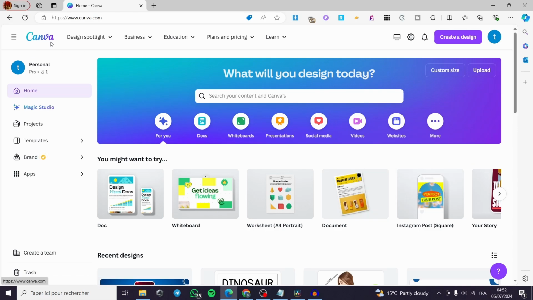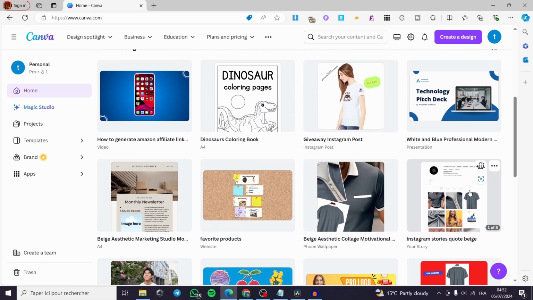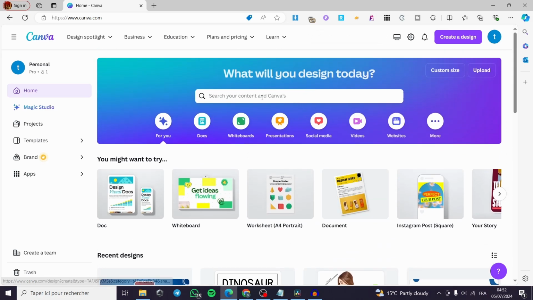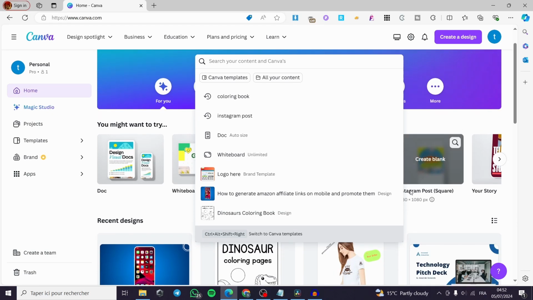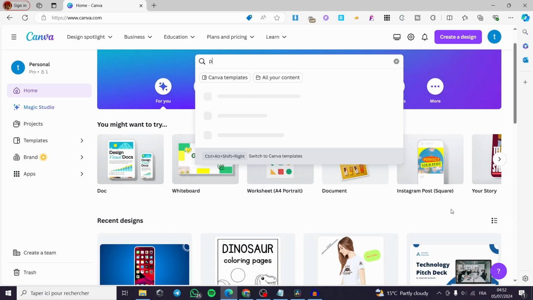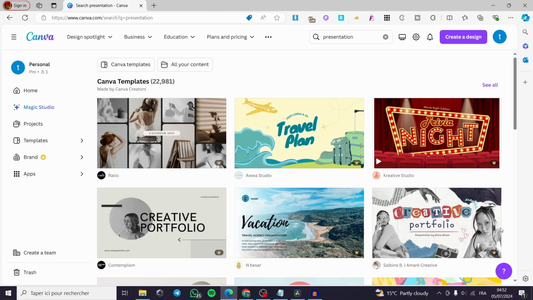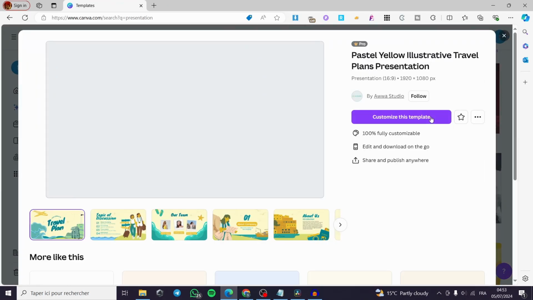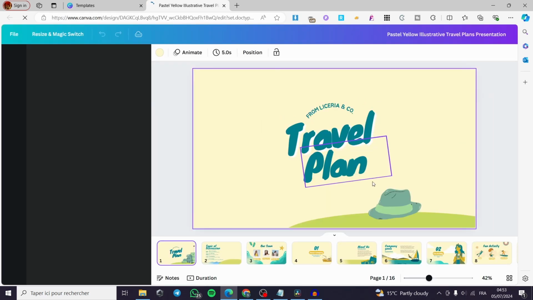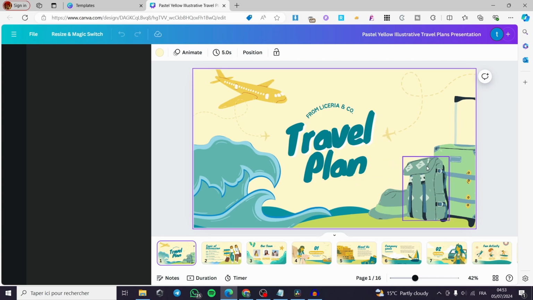All you have to do is to go to canva.com, then you are simply going to select a template. For example, let's say I'm going to select any template, for example presentation. I'm going to type presentation right here and hit enter, and here we have tons of templates. You can go ahead and select any template that you want. For example, click on customize this template, and then we are going to see here the template editor or the